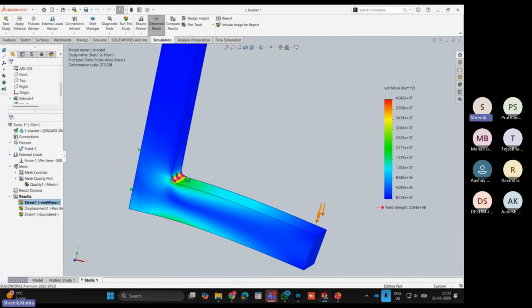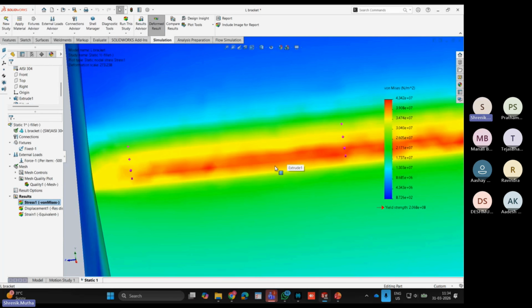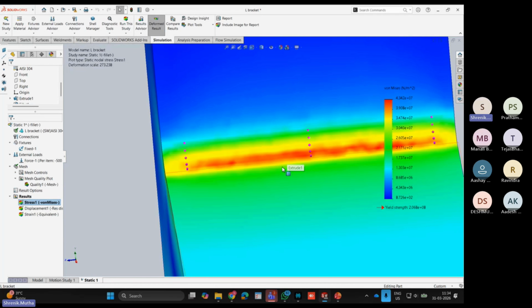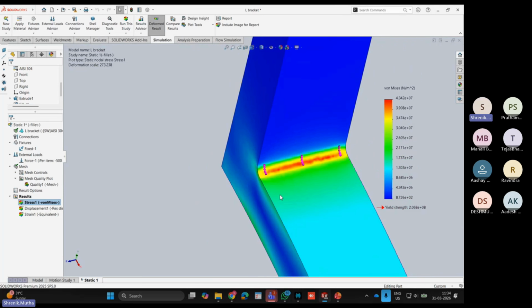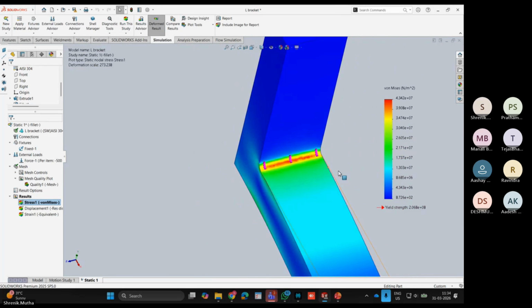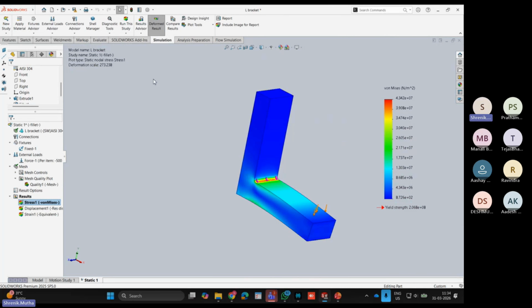So see, you can easily control your mesh setting, and you can see where the stress is concentrated. Moving on to next, to showcase you all the connections,